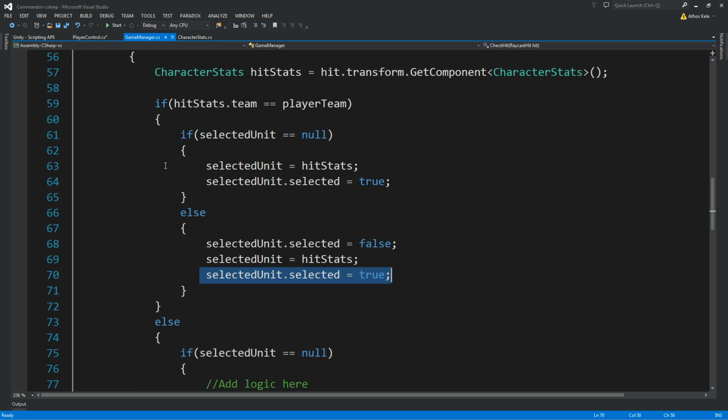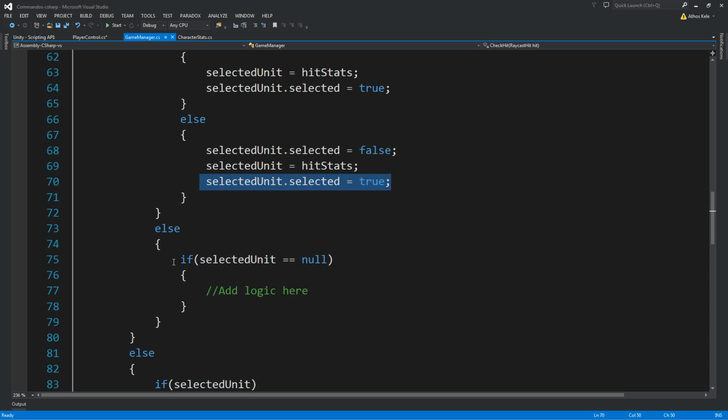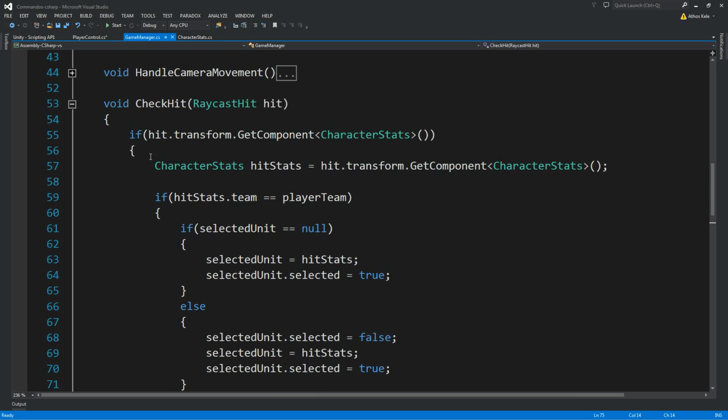Okay. Now, if the unit we hit is not on the player's team, then we have to add the logic over here. Now, in Commandos, when this happened, pretty much the Commandos will go and either kill or punch the other guy, and he will be unconscious and stuff like that. Okay, so we will see some logic for this in a later video. Now,